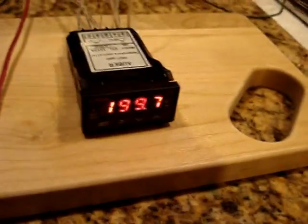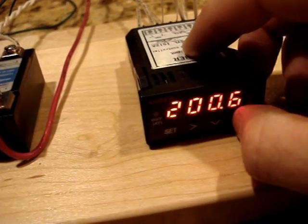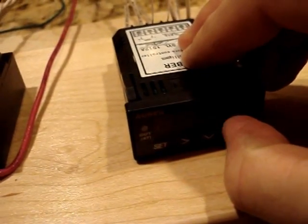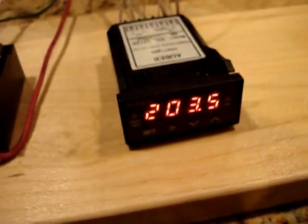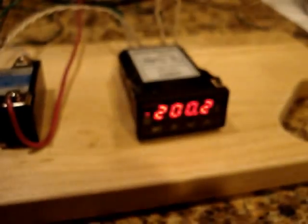And we can check the set temperature here. Switch hands with the camera. If we push right here, you can see I have the set temperature at 203. Now, if I change this, like raise it up, push that, I can raise the temperature. I will change it to 203.5. Okay, and then once it stops flashing, after 8 seconds, it'll stop flashing, and then that will be the new